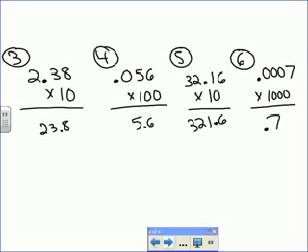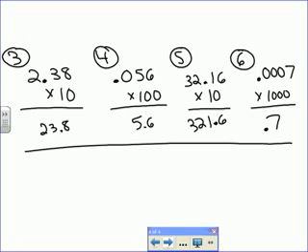So if you see a power of 10, you wouldn't even want to bother with your calculator. I mean, you can, but you can just move that decimal because we'll talk more, like I said, tomorrow about place value, but the place values are set up with powers of 10. Okay? Now it also works